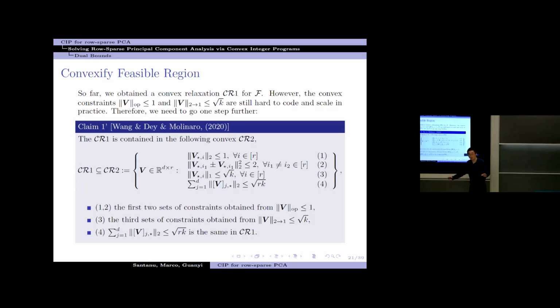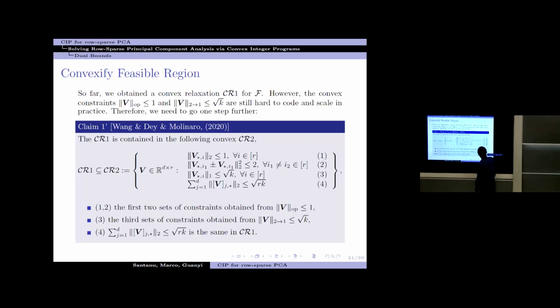So I do not want SDP in the constraint or in the optimization, because it's hard to scale to large instances. So what I need to do is we further relax CR1 into this